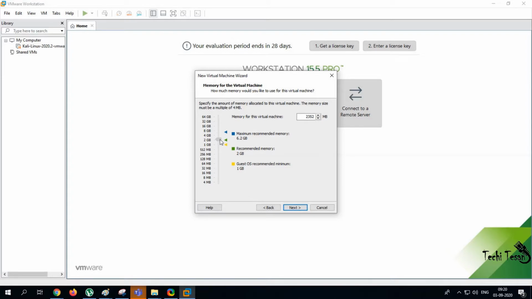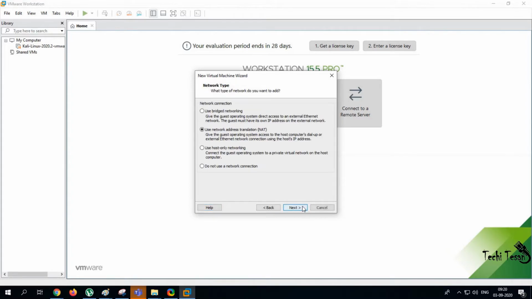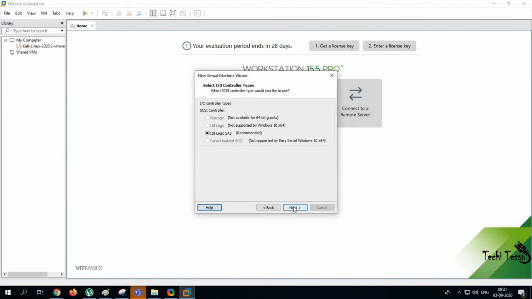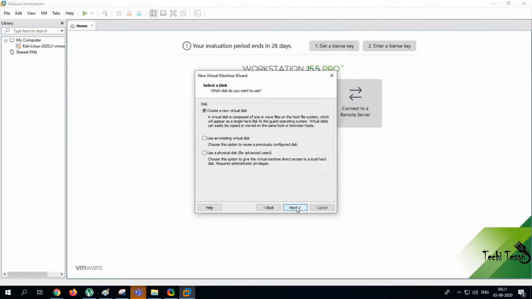There is a range of RAM that needs to be selected. I am using 2 GB of RAM and select Next. Make sure you are enabling the NAT option so that internet will be available all the time within the virtual computer. Select the recommended option further and click on Next.